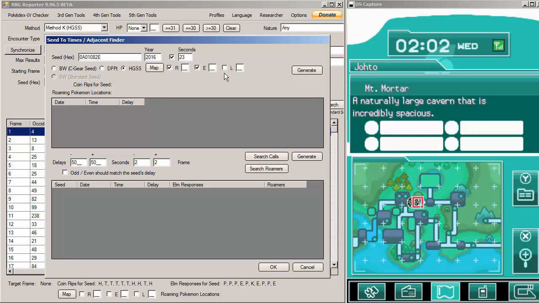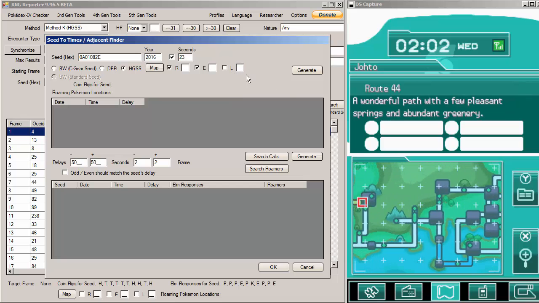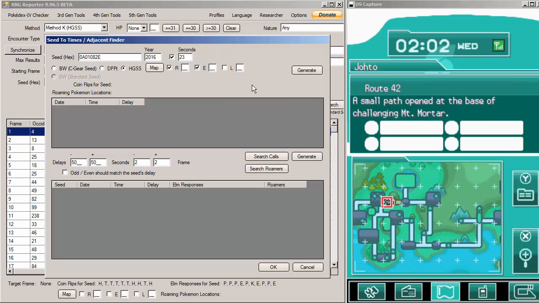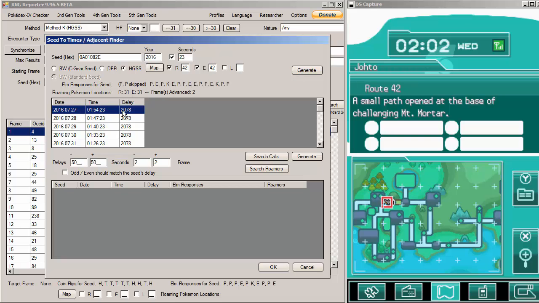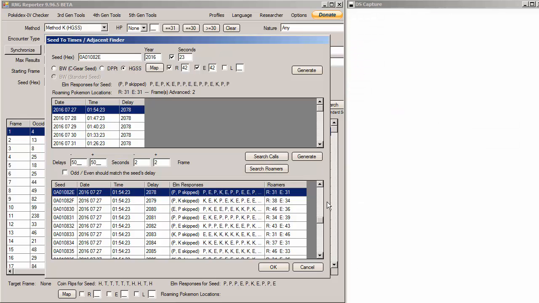If you had a Lati out, you scroll over to Kanto and check Lati and find where it is. But my Raikou and Entei are on Route 42. So Raikou, 42, Entei, 42. And I'm going to hit generate. Now I'm going to hit generate in the bottom one as well. From there, I'm going to turn off my DS, turn it back on,